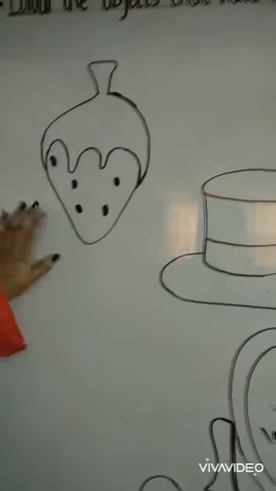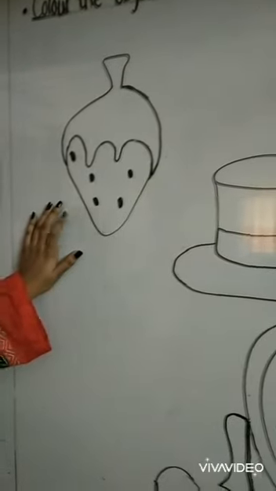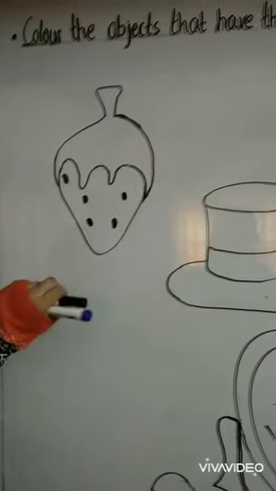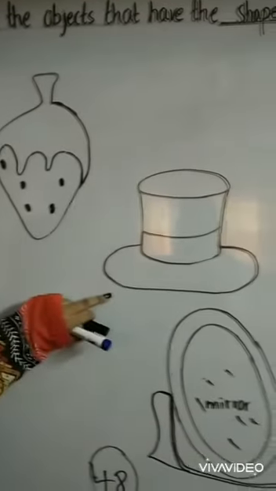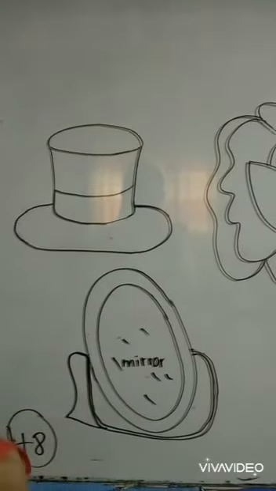Okay. What is this? Strawberry, and the shape of the strawberry is oval. Now, the strawberry is an oval shape. The hat is an oval shape. No. Flower, no. The shape of a mirror is also oval, and the egg